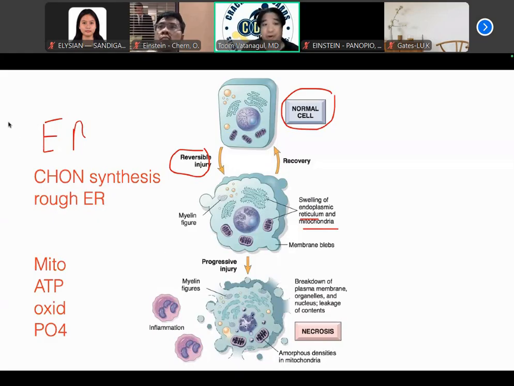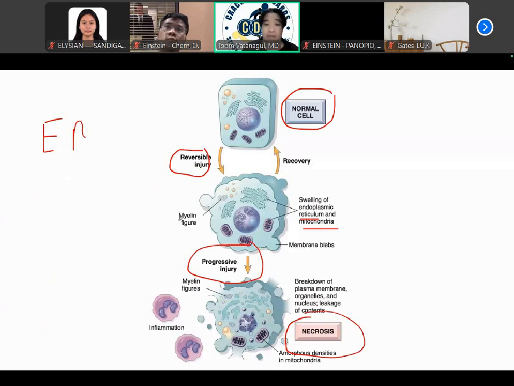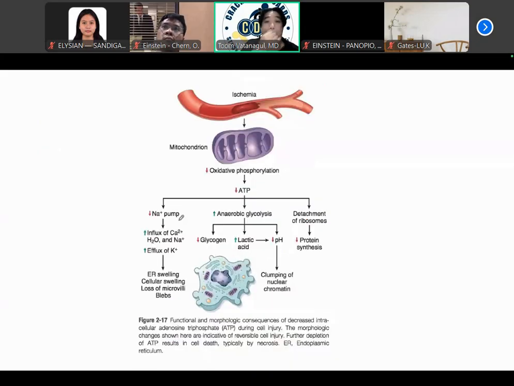The injury progresses, until there's breakdown of the plasma membrane, leakage of nuclear contents, then necrosis occurs. This is now irreversible. Okay, now I would like to highlight this figure from